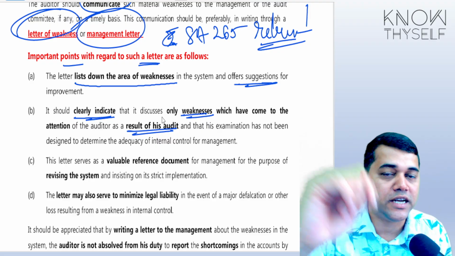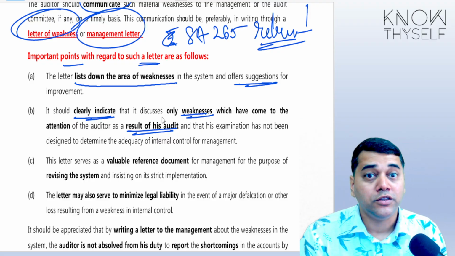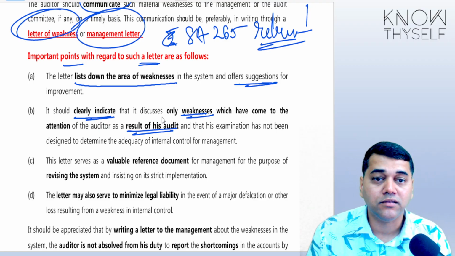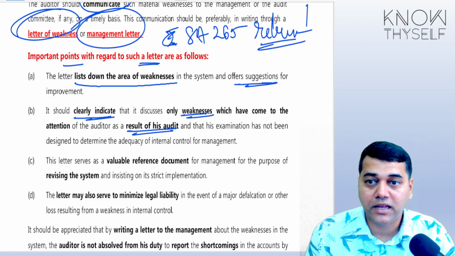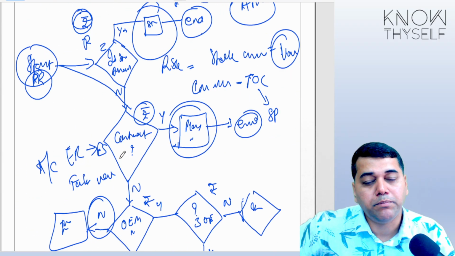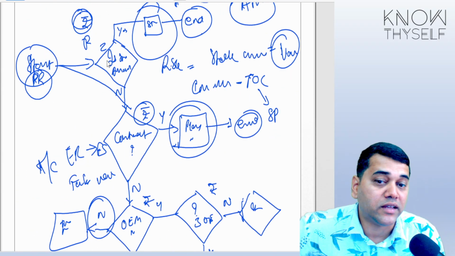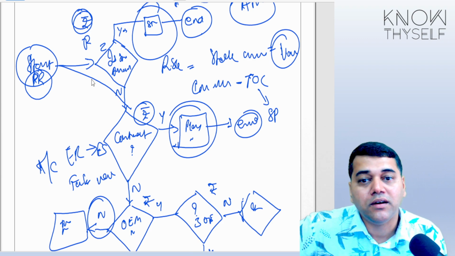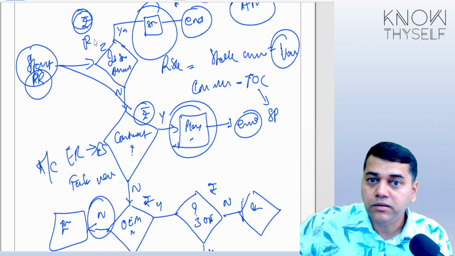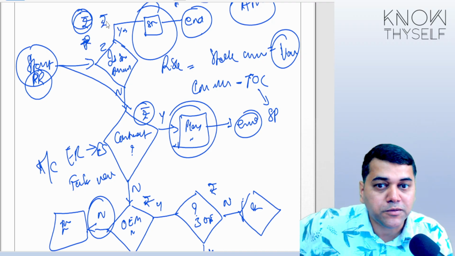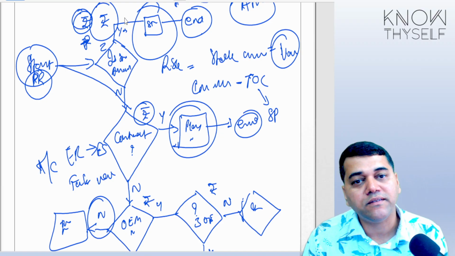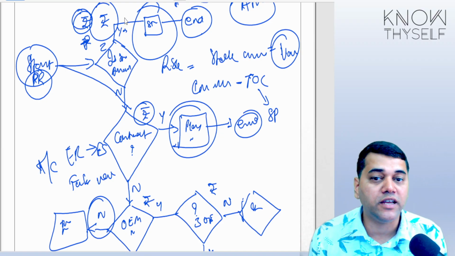Because the moment I start to tell weaknesses to the management, they start to think that I must have studied the internal controls in detail. For example, if I say, sir, in your company the purchase manager is not asking the question, is the stock available? Management says, oh, is it so? But that means there is a cash problem, because the stock must already be there, and these people are buying again and again, not even thinking whether the stock is already available or not.